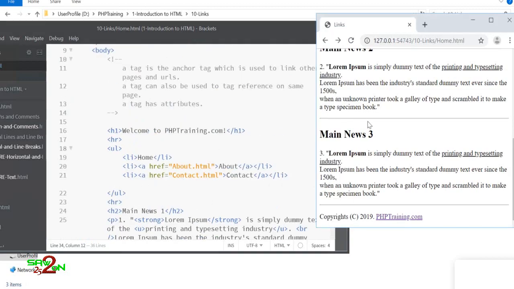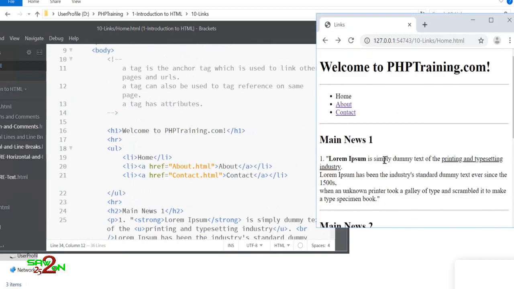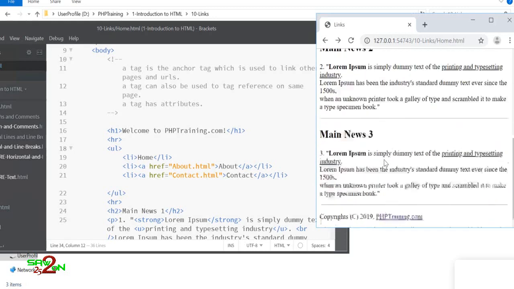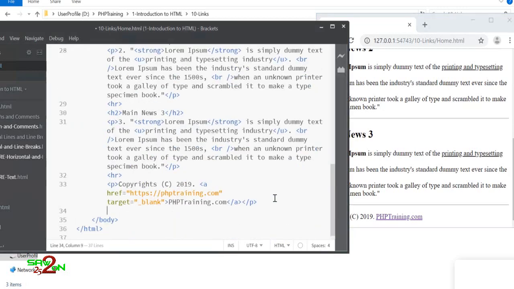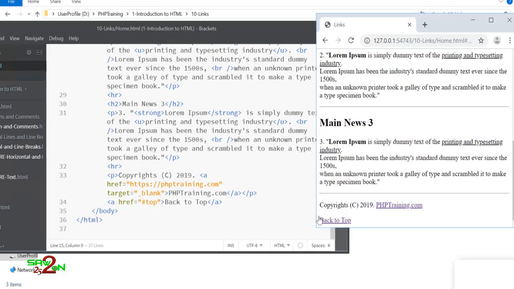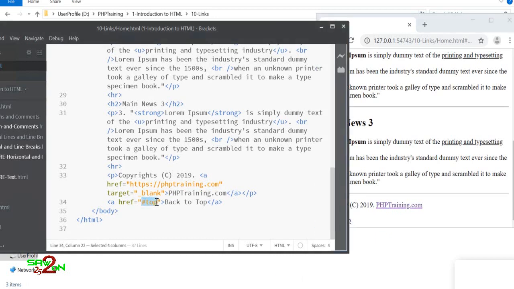And also you see you are scrolling top and bottom, right? You want to add a link somewhere on the bottom to say click to go on the top, right? Let's add that link. I want to add a link and I want to say top, so I'll say back to top. Okay, so the link is available. So when someone clicks this, it should go on to the top, and you have mentioned the anchor as #top.